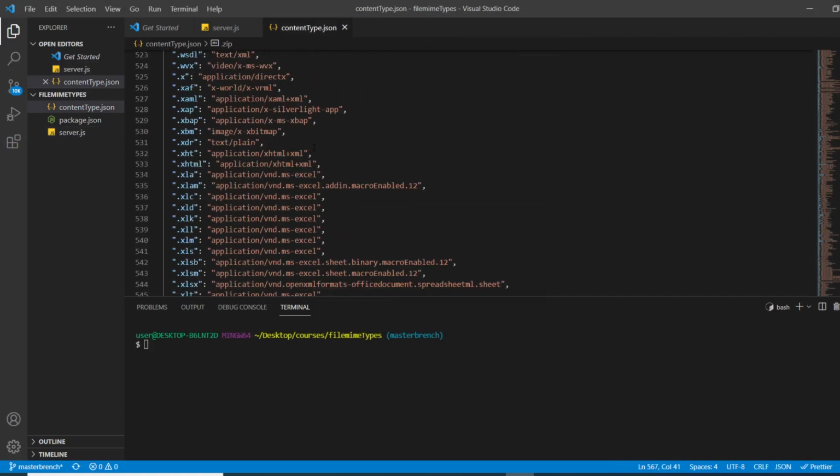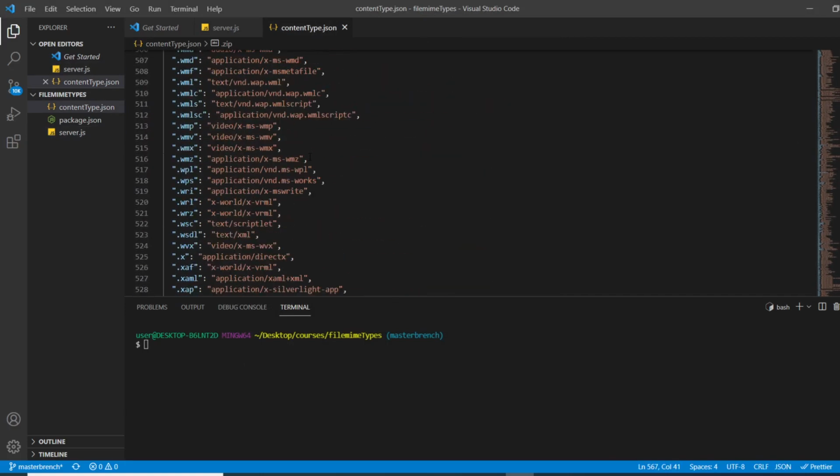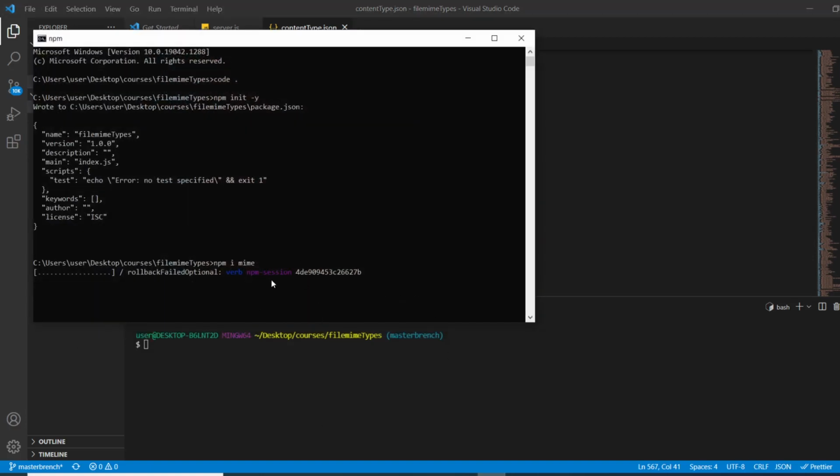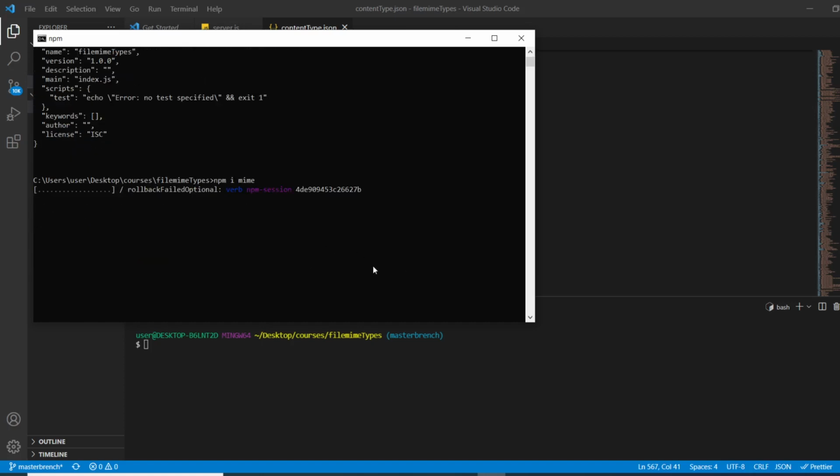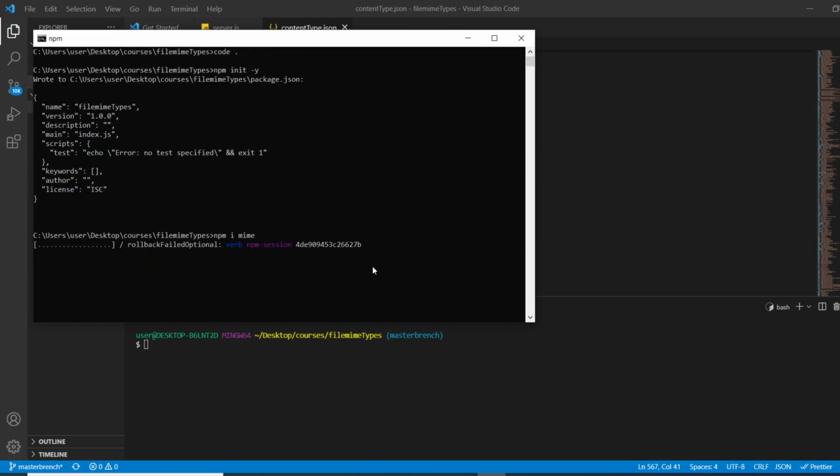If you don't want to use that file in your code, you can simply install this dependency in your application, and after downloading it, you just pass the extension to the function that we'll see soon, and that function will provide us the mime type. I don't know why it is taking too long. Oh, come on.